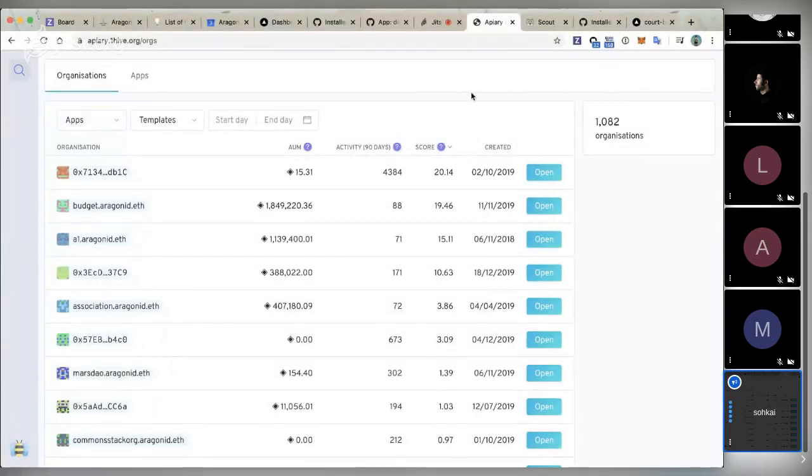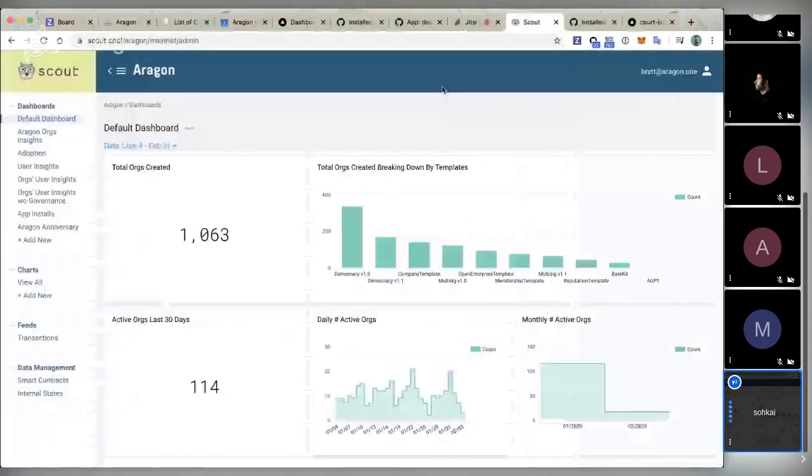Now there's a slightly different view, I guess, on the entire network of Aragon organizations in Scout. Scout is another company that we partner with.